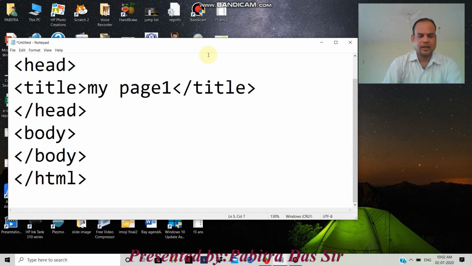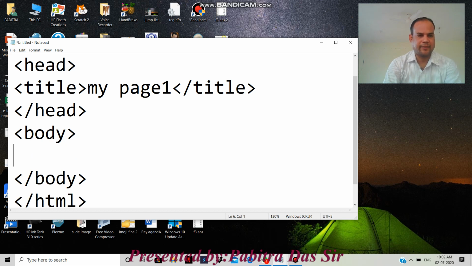Got it? Then place the cursor, move the cursor in between the body and close body tag.